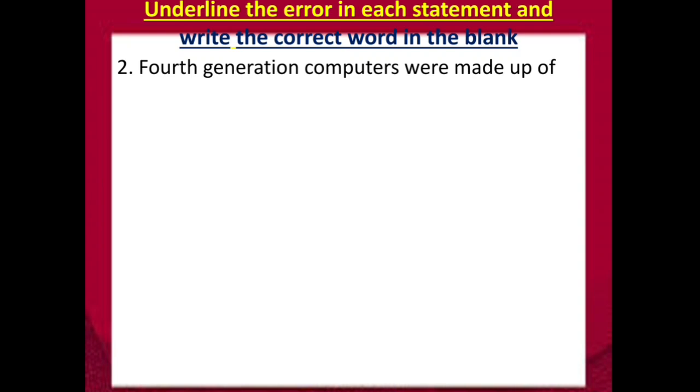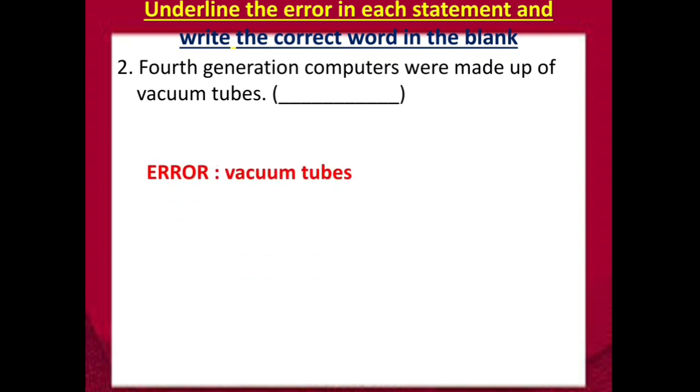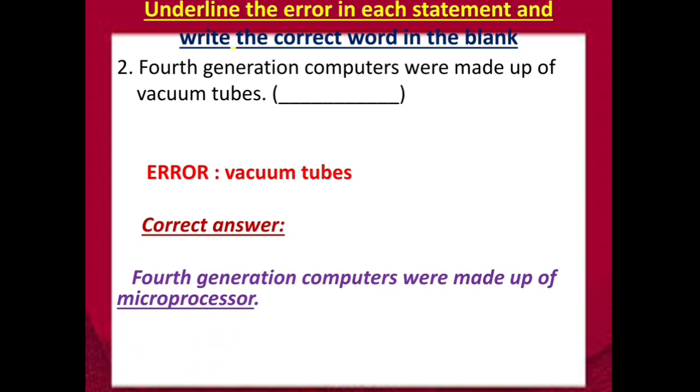Fourth generation computers were made up of vacuum tubes. Here the error word is vacuum tubes. The correct one is: fourth generation computers were made up of microprocessors. Vacuum tubes were used in the first generation. In the fourth generation, microprocessors were used. Okay. The next one is